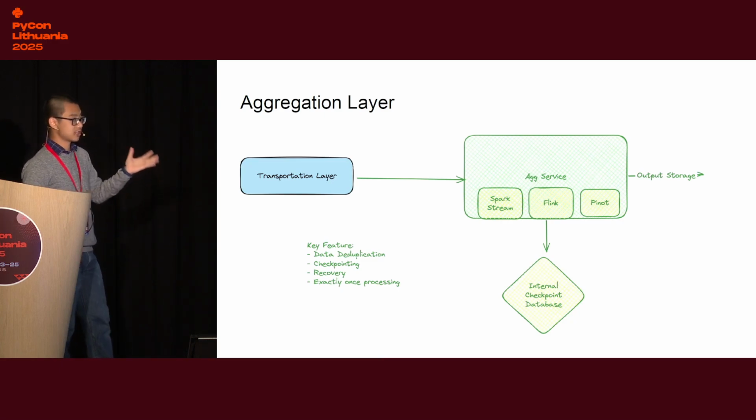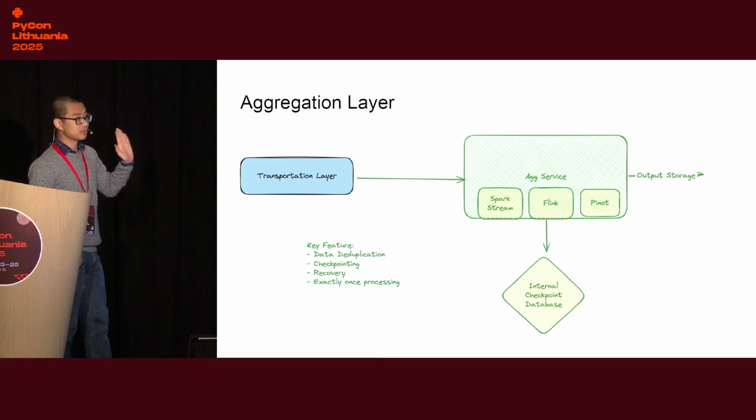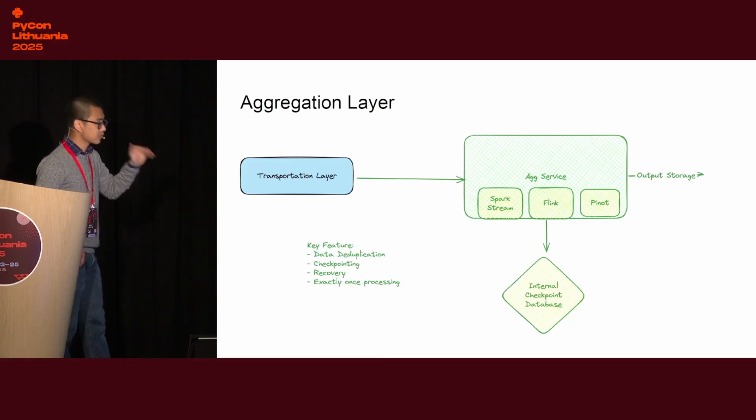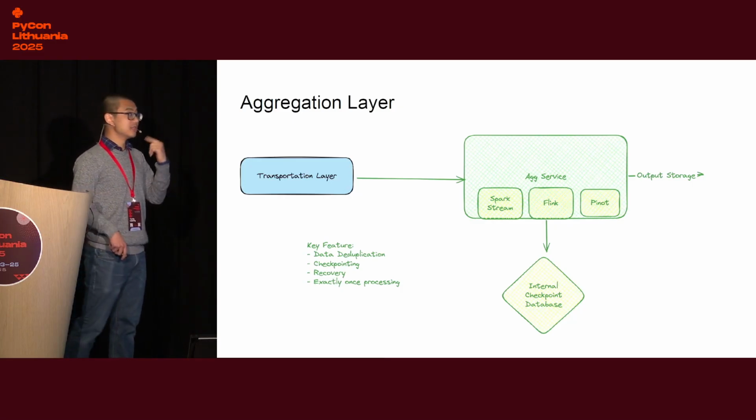For example, Apache Spark Streaming is a batch processing framework. Originally, it cuts the data down into smaller batches. So it's mini batches, and it processes the real-time data as a batch. Imagine a batch that re-executes very frequently, in the span of a few seconds. Apache Flink, which is a native real-time